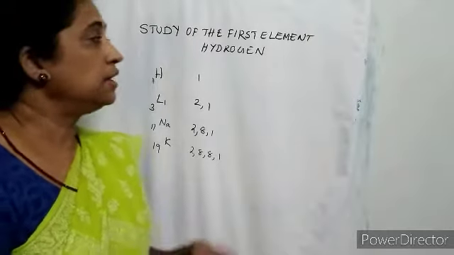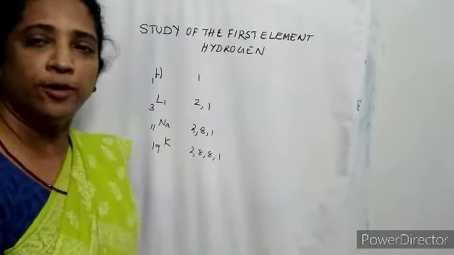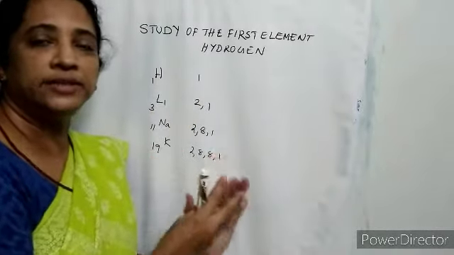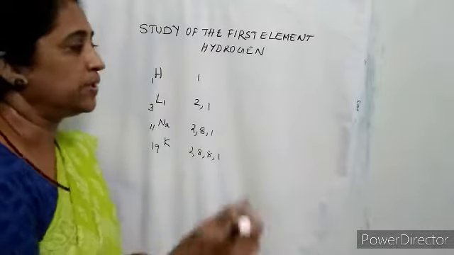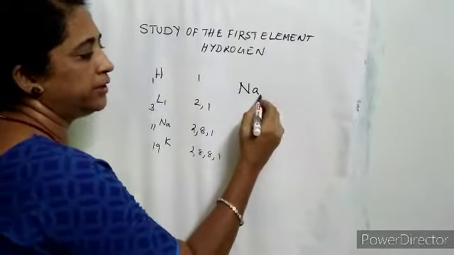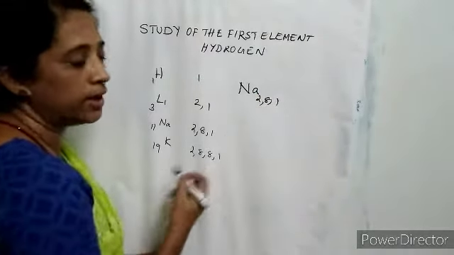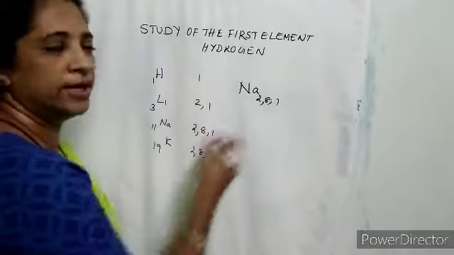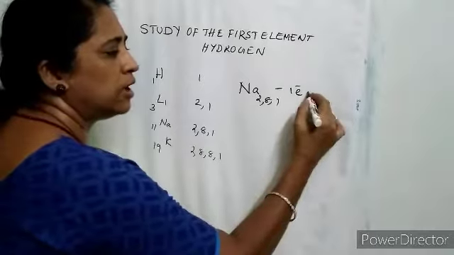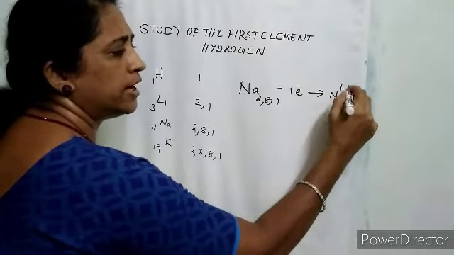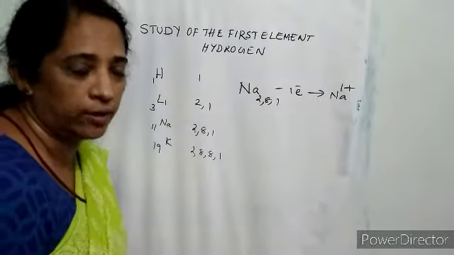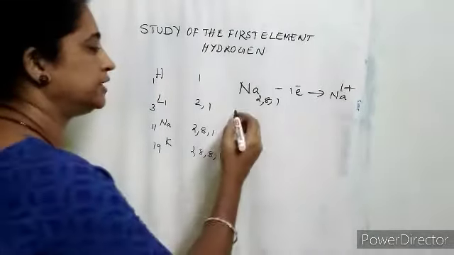The second point is that hydrogen is placed in group 1 along with the alkali metals because, like alkali metals, hydrogen is also electropositive in nature. What is electropositive nature? Let us write sodium. Sodium, its configuration is 2,8,1. This is unstable. Due to the unstable electronic configuration, the sodium atom loses 1 electron, or donates 1 electron, and forms a cation, Na+ ion. So sodium, by the loss of 1 electron, forms a positive ion to attain a stable electronic configuration.